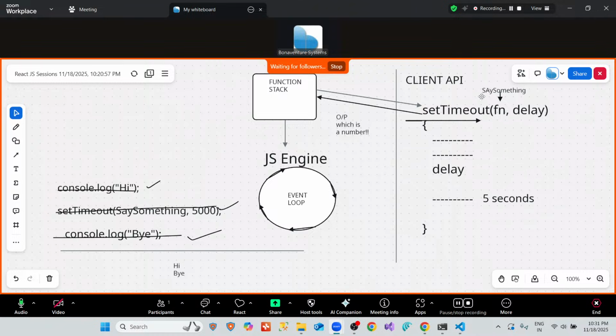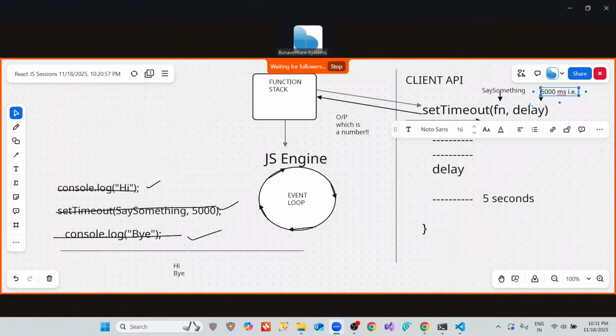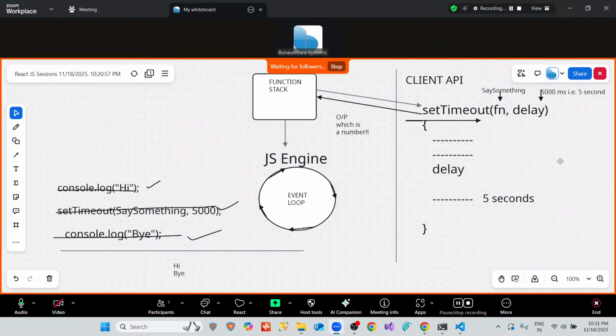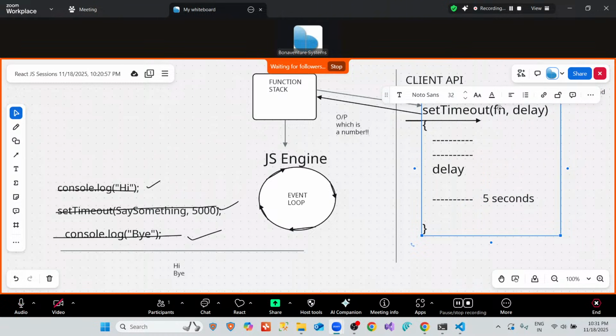And here, after say something, you passed 5000 milliseconds as a parameter. Okay, delay 5 seconds, 5000 milliseconds. Milliseconds, that is something like 5 seconds. This is what you passed. Have a look now. So after set timeout is done with the 5 seconds delay, now it's time that we